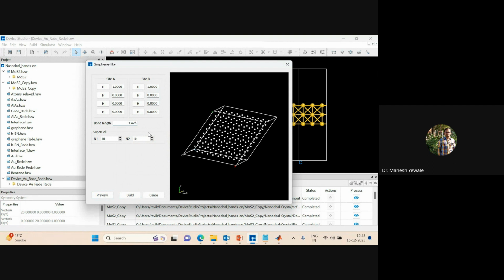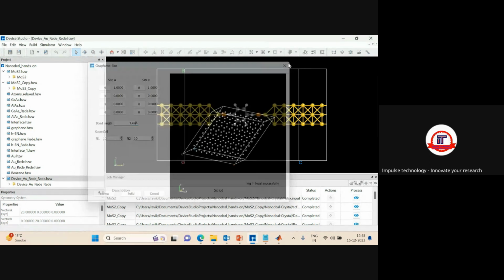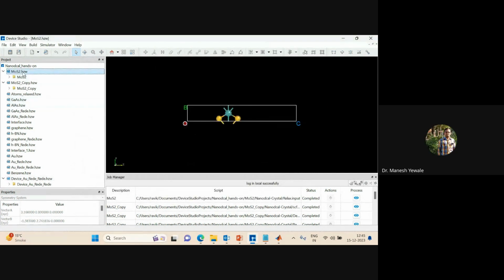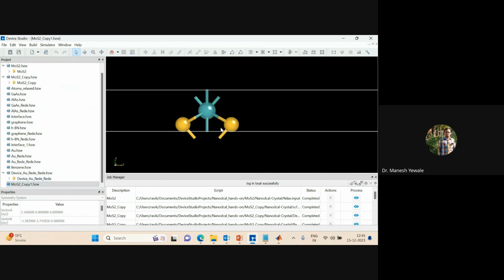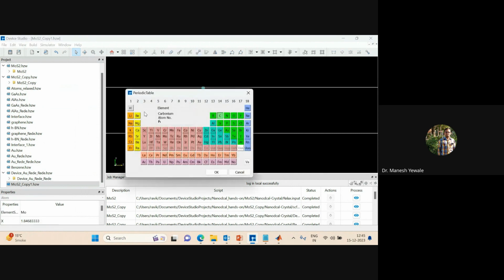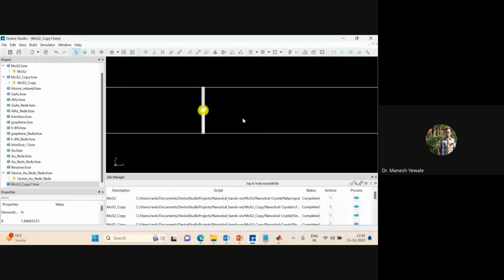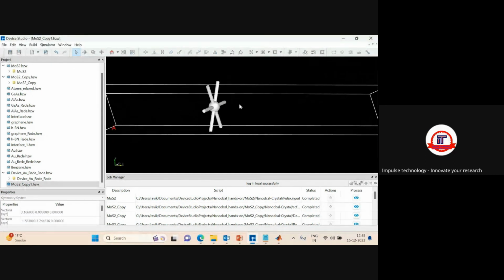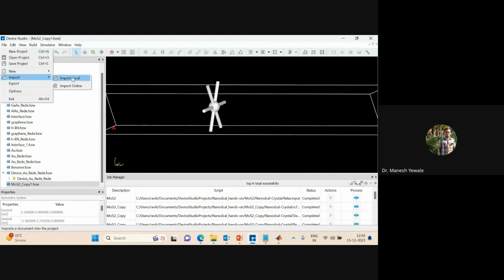Can we take only one hydrogen? Because if we take many hydrogen atoms, they take a long time. Okay, so you want only one hydrogen atom and any HCl plane of the metal oxide. So you can see this is the hydrogen. And if you want to import some metal oxide,